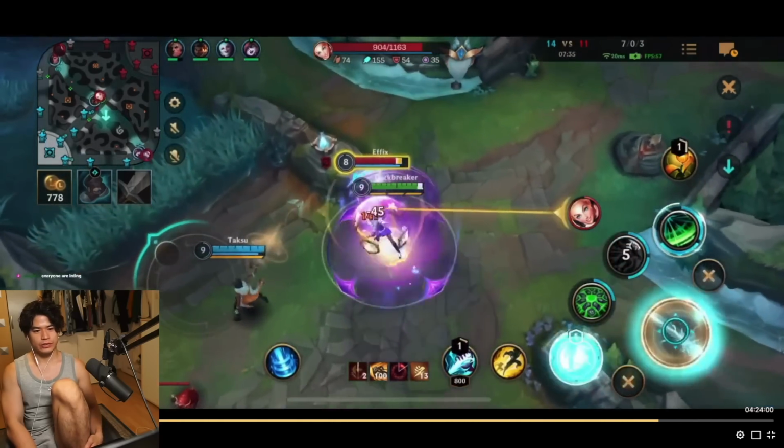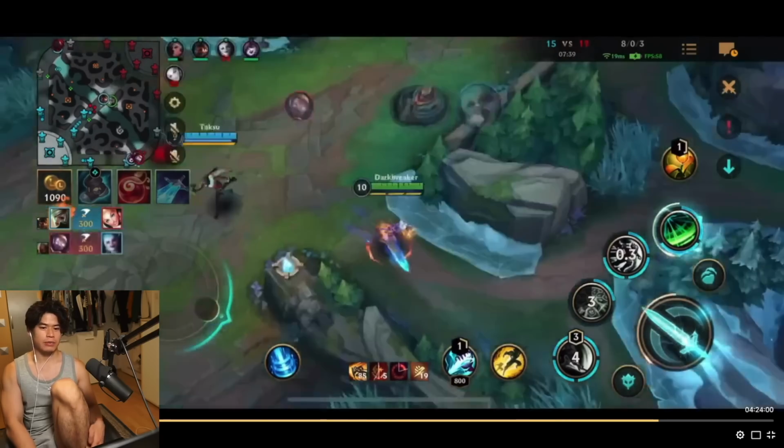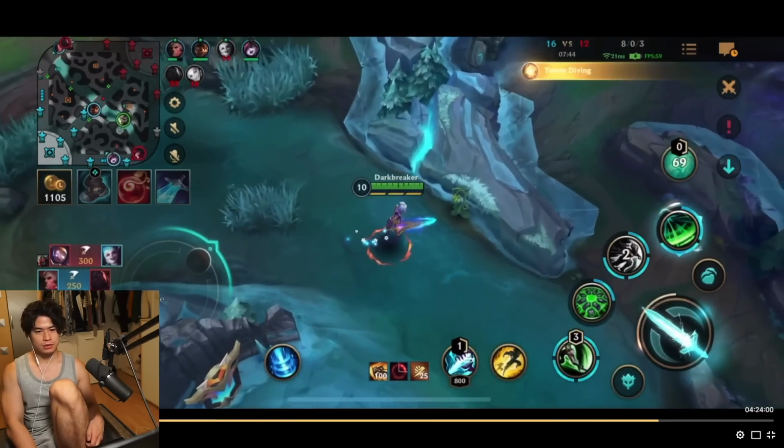I'm gonna try to go for this guy, stun him, and he just dies. I still have the ultimate, just nuking this guy. But the ultimate is super low life on Riven, so you can always just use it. You can also wall jump with a...